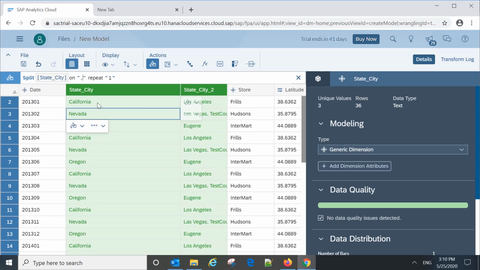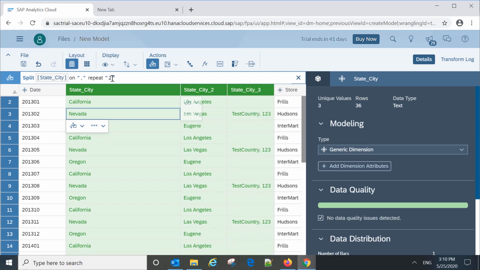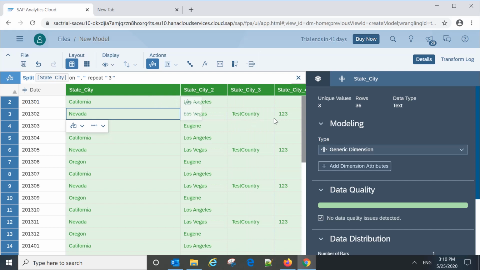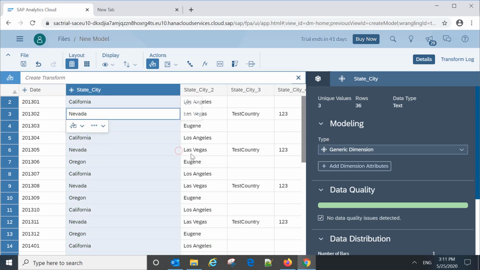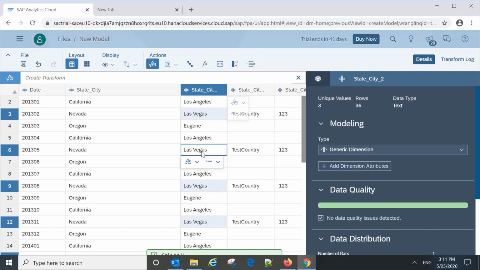You can see the first word before the comma comes in the second column, and if you want to apply it in multiple columns, let's say 2, then the second will come after this. Here you can see if you say 3, then test, country, and 1 2 3 have been split out. Like this, this has been applied here. This way we can split these column values, extract them, and put them in separate columns as well. This can also be a requirement where we need to do this.